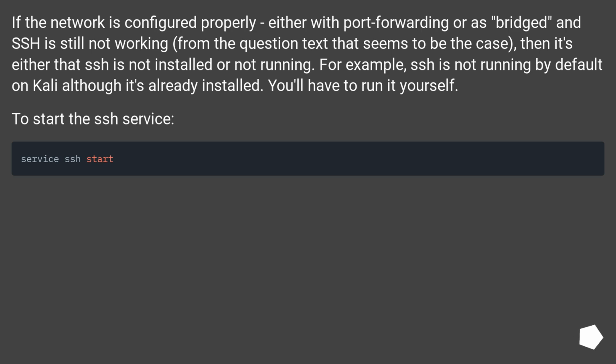If the network is configured properly, either with port forwarding or as bridged, and SSH is still not working, which from the question text seems to be the case, then it's either that SSH is not installed or not running. For example, SSH is not running by default on Kali although it's already installed. You'll have to run it yourself. To start the SSH service,